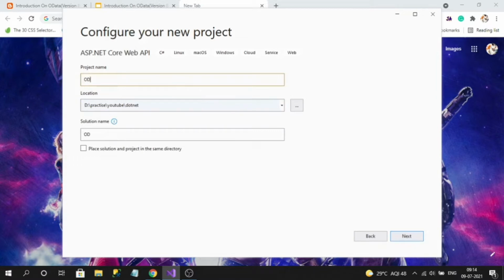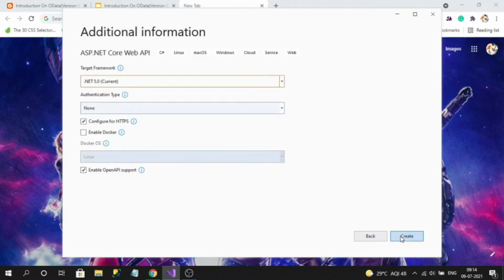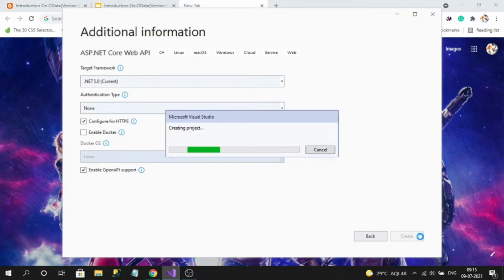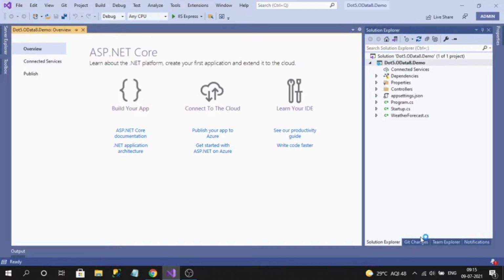I will name it, then click on next. Here you need to select the target framework .NET 5. Click on create. This is my .NET 5 Web API application.